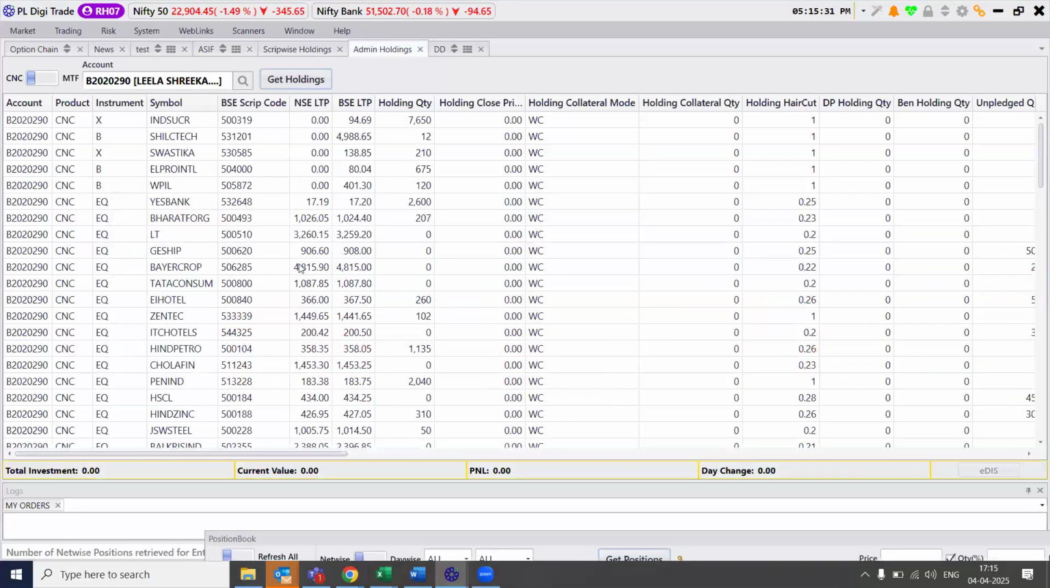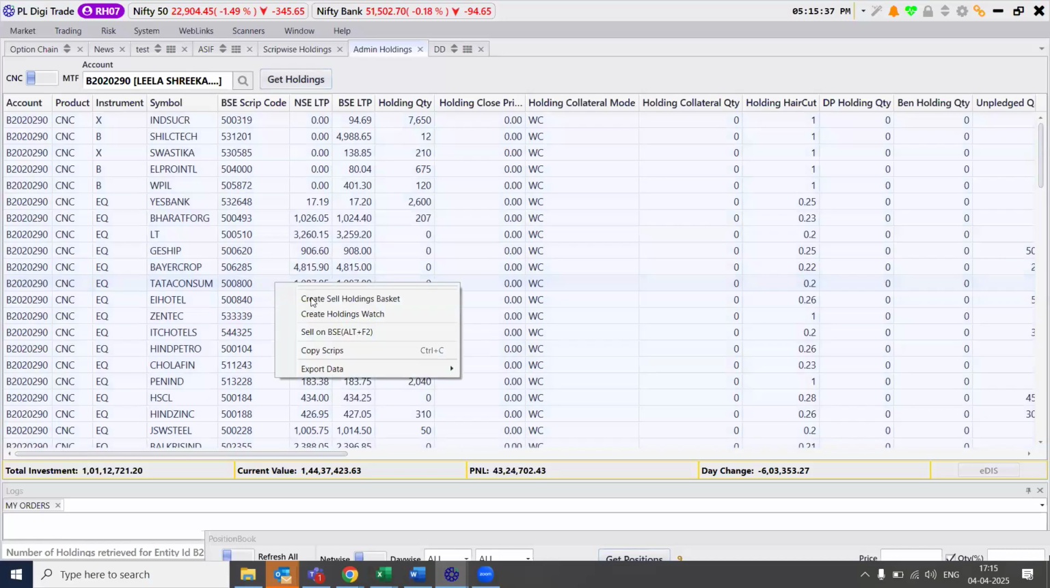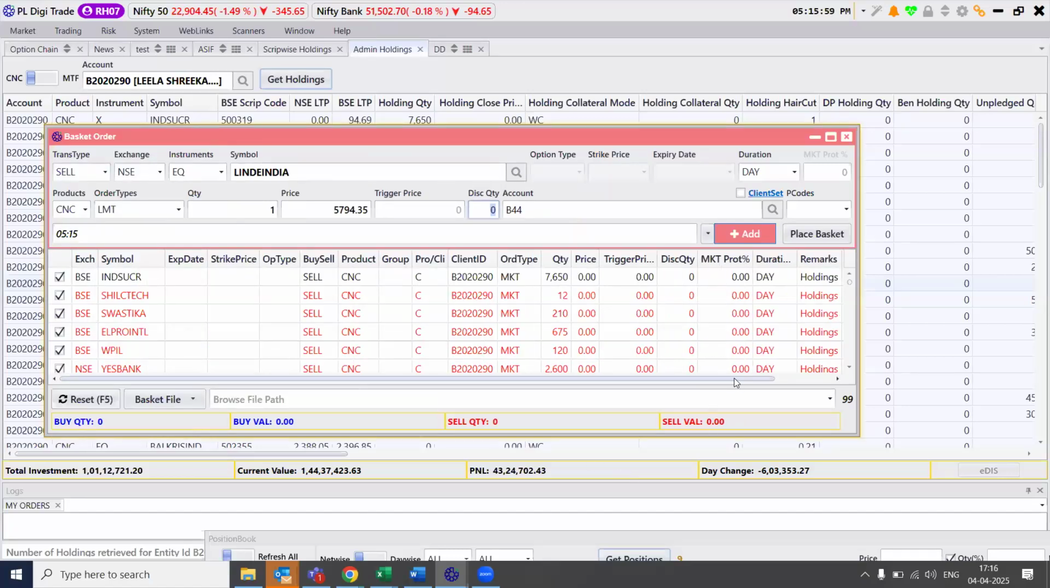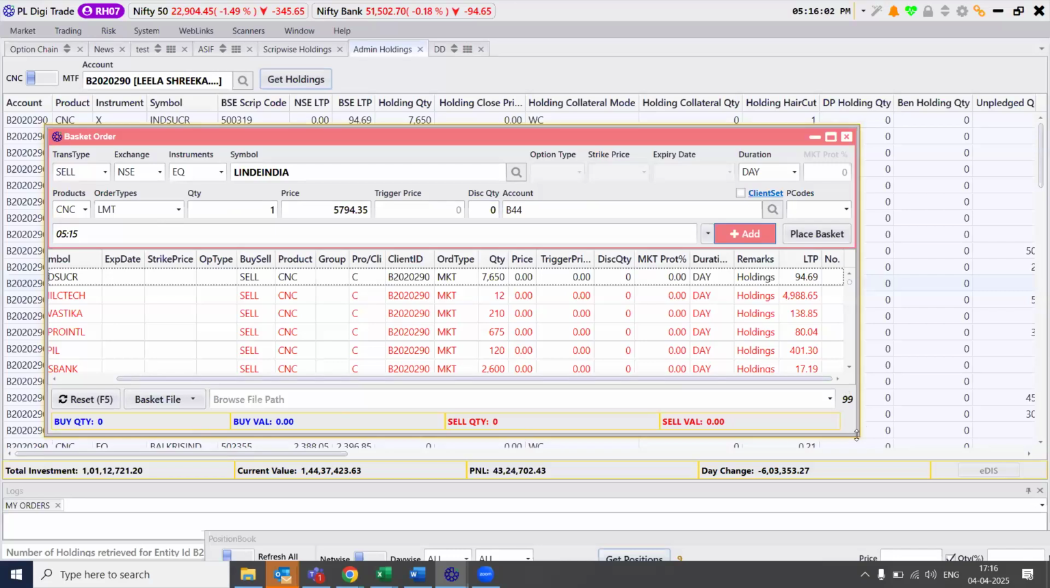Okay. Yeah, here you select multiple, right click, create cell holding basket. Here we have an option for disclose quantity. Is this for one script or all the scripts? No, this is for one script, sir, but that has to be done individually. Or what you can do is export it to a file, edit the disclose quantity field there, and import it back and